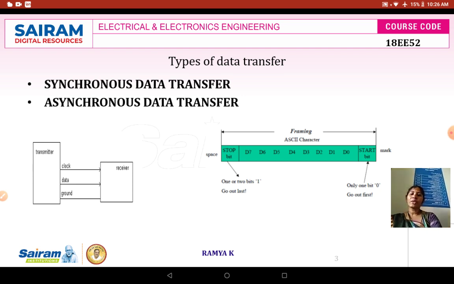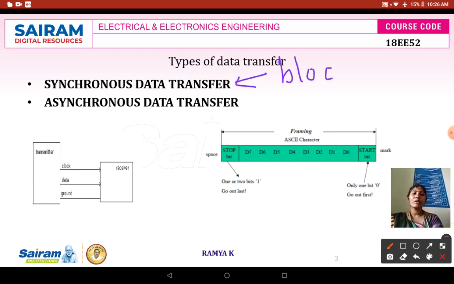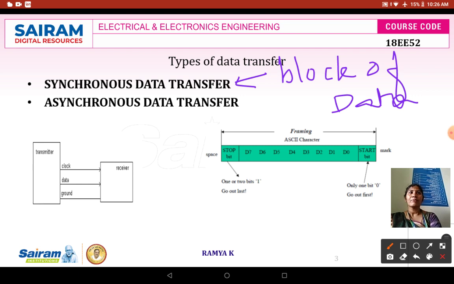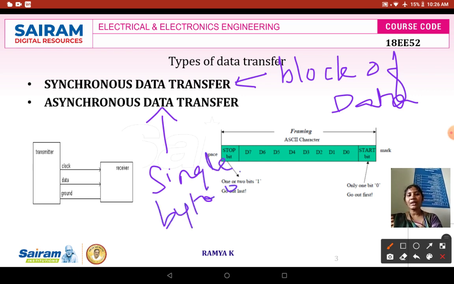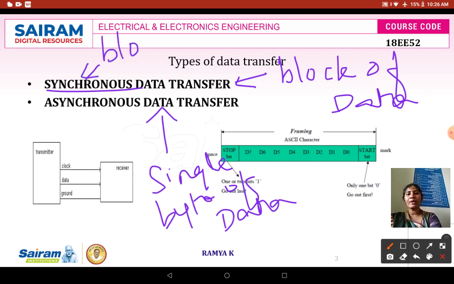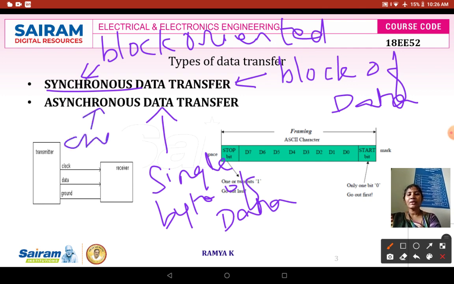data transfer. In the case of synchronous data transfer, you can transmit a block of data. A block of data can be transmitted at a time in synchronous data transfer. Whereas here you can transmit only a single byte of data at a time in asynchronous data transfer. That is why synchronous data transfer is called block oriented data transfer, whereas asynchronous data transfer is called character oriented data